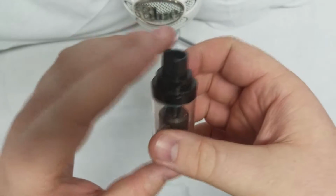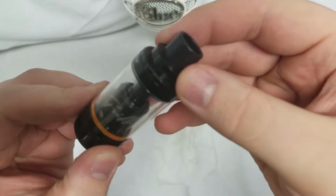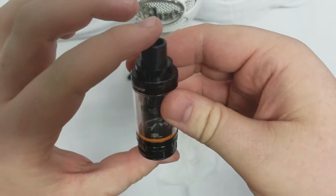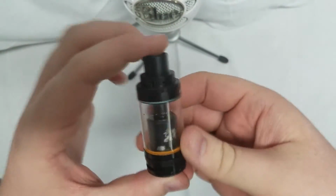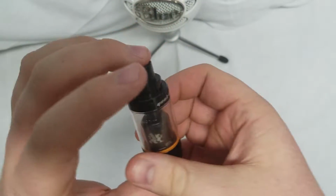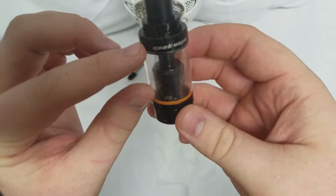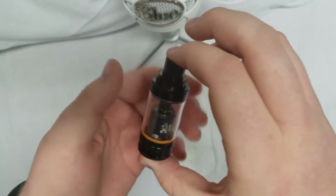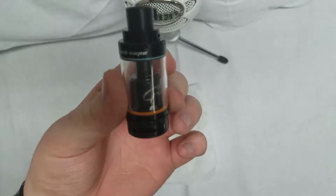So to start off with some of the dimensions here, my top airflow version, which you can see up there, is from the bottom to the top 54.4 millimeters. If you get the standard version, not the top airflow version, it's only 48.5 millimeters. The tank itself can hold up to 6 mils on the top airflow version. On the standard version though, it can hold 6.2 mils. I don't know how true that is, but